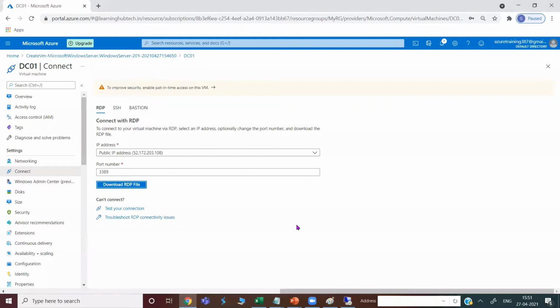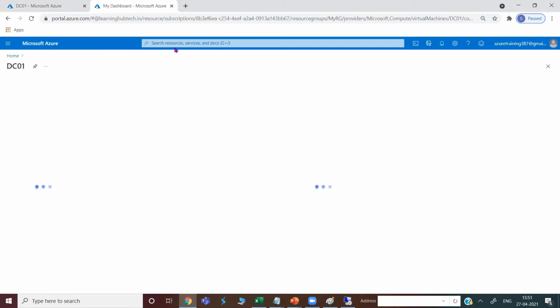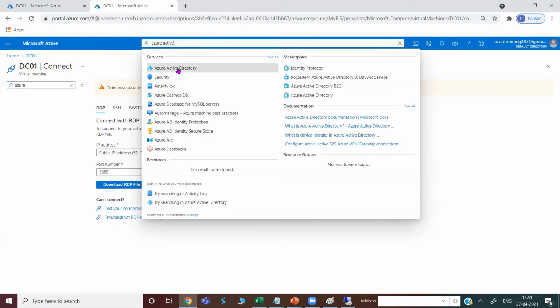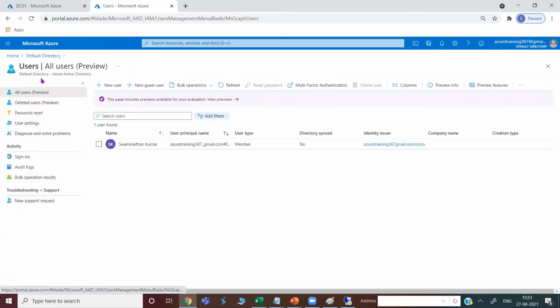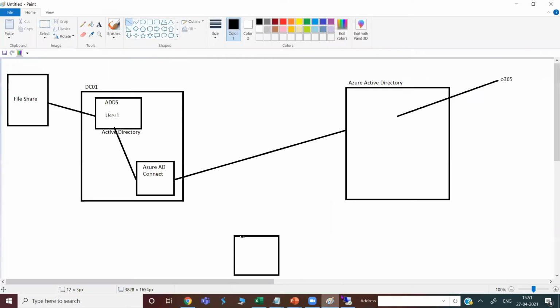Right, so what I'm trying to do right now, as per this diagram, I'm trying to install this piece, Active Directory. This is ADDS, Active Directory Domain Services. This is already there in portal. You know that by default this Azure Active Directory instance will be there. So if you come here, just go and duplicate this one, and Active Directory. So you can see that this is already deployed here. By default it will be there. Right now I have only one user, rest of the users I have deleted. So this is already there. Okay, now I'm trying to deploy this one.